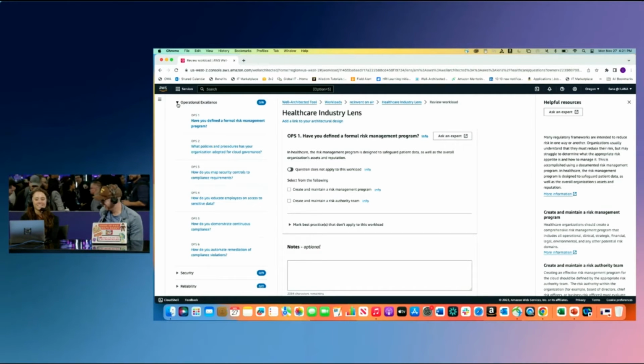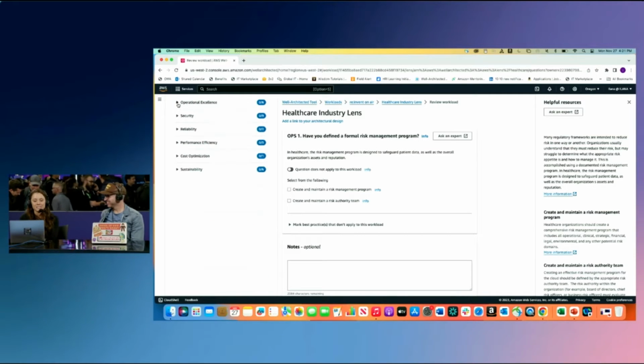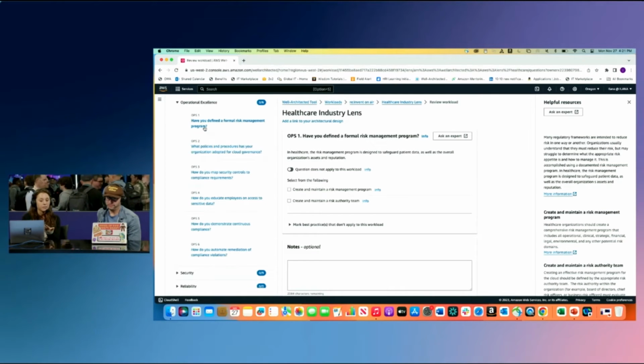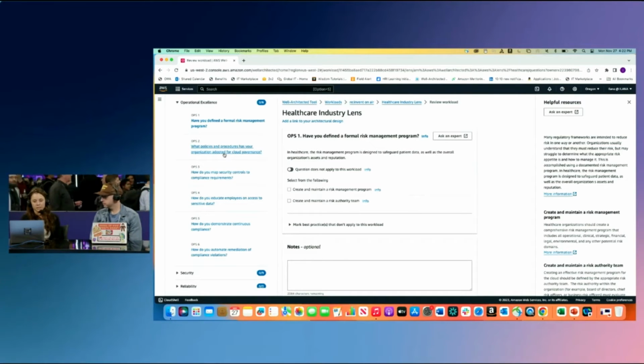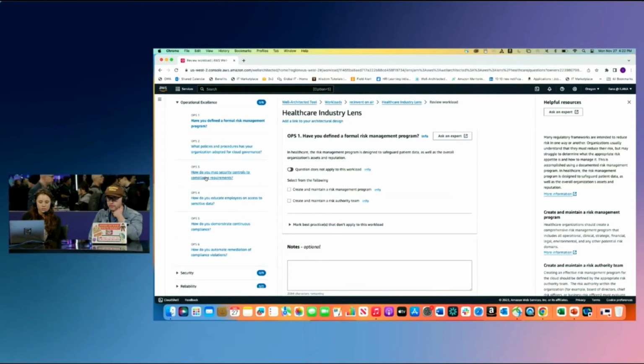Great choice. So you can see here that this healthcare industry lens is actually organized with the same well-architected pillars, which is not always the case for all of the lenses within the lens catalog, but sometimes they do align to the well-architected pillars. As you go through all of the different questions here, it'll be more specific to working in the healthcare industry.